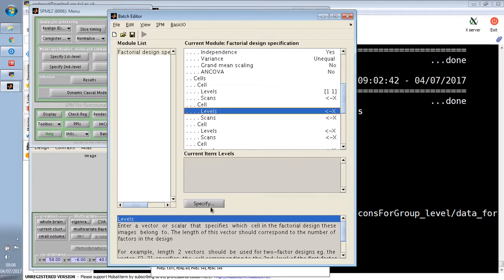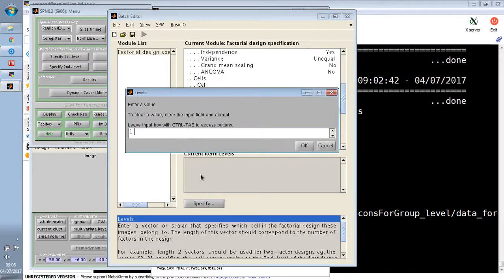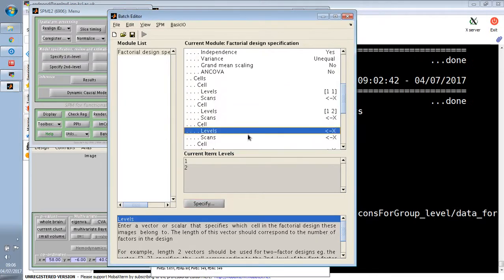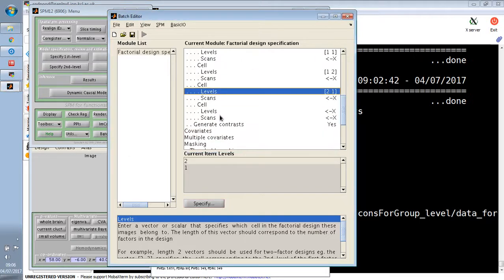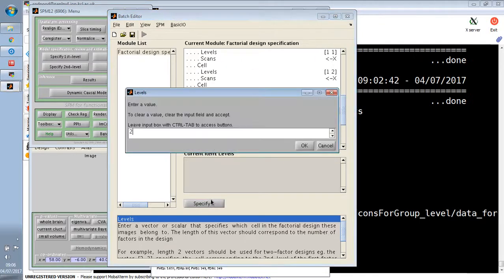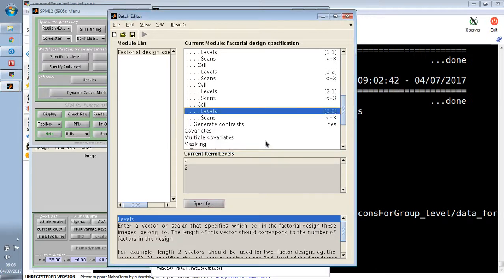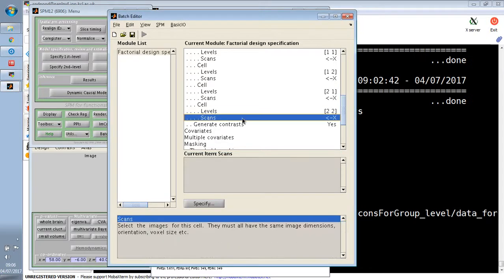The second one is group 1, genotype 2. The third one is group 2, genotype 1. And the next one is group 2, genotype 2. Okay, so we're just specifying that the scans we're going to give in these cases belong to these cells within